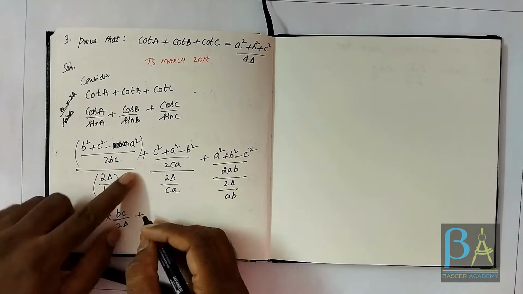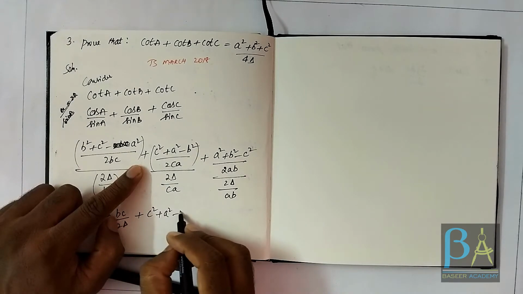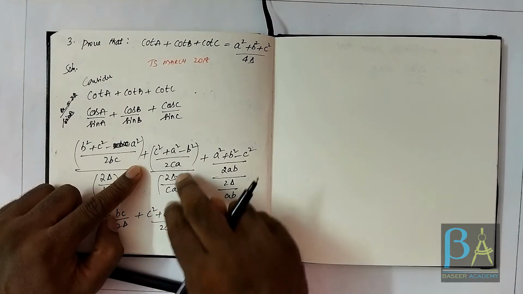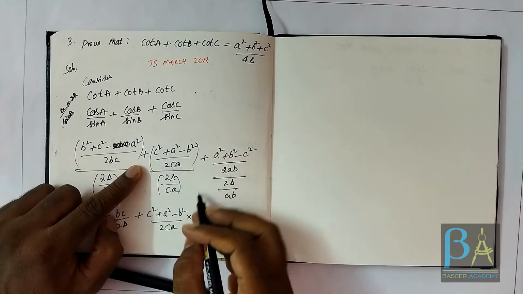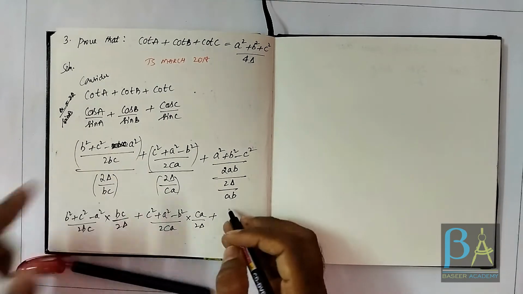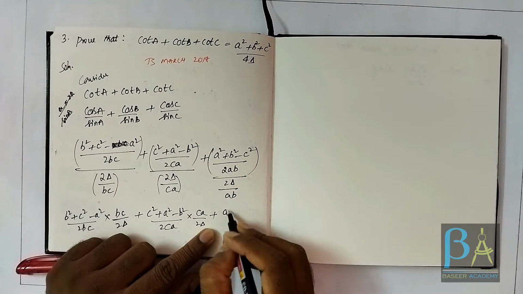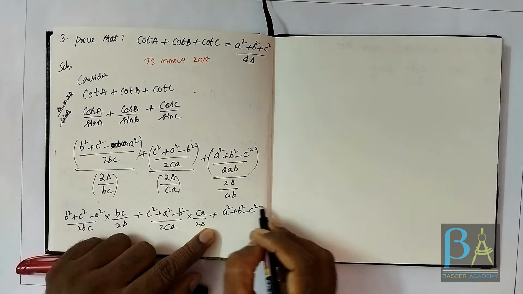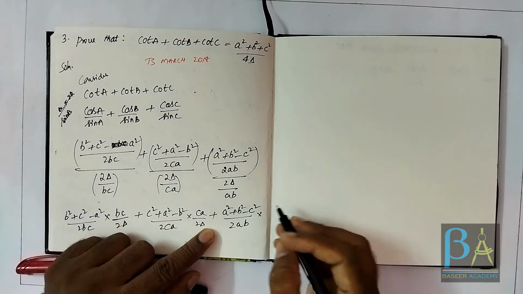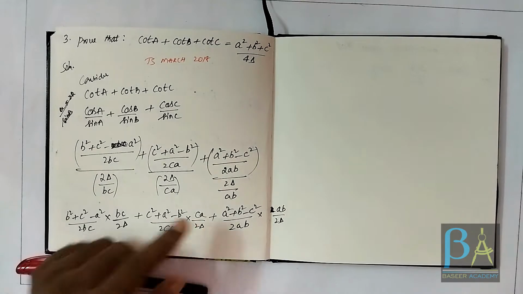I'm going to do the same thing here as well. This numerator, I'm going to write it as it is, C square plus A square minus B square by 2CA into this. I'm going to take it to the numerator, so it becomes a reciprocal. It would become CA by 2 delta. I'm going to do the same thing here as well. This numerator, I'm going to write it as it is for now. So A square plus B square minus C square by 2AB. Now this 2 delta by AB, if I take it to the numerator, it becomes reciprocal. It would become AB by 2 delta.